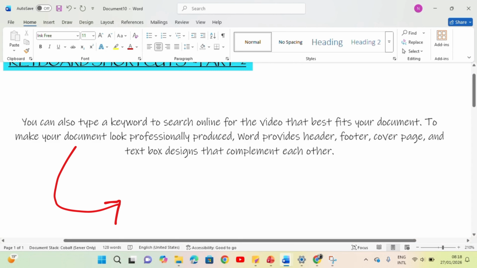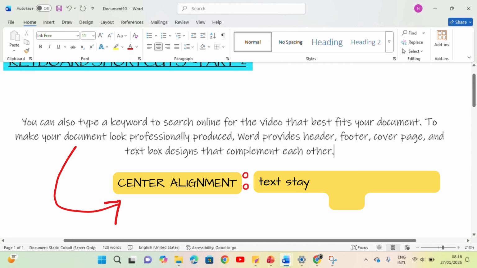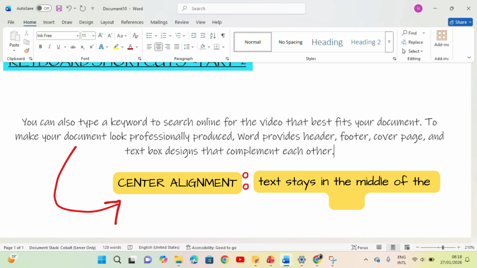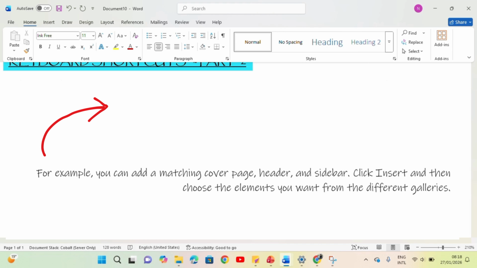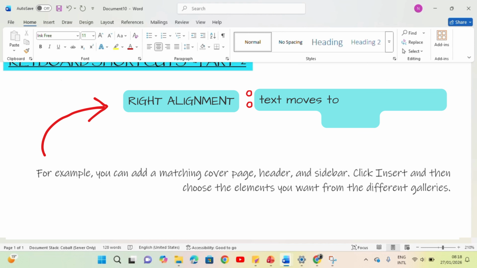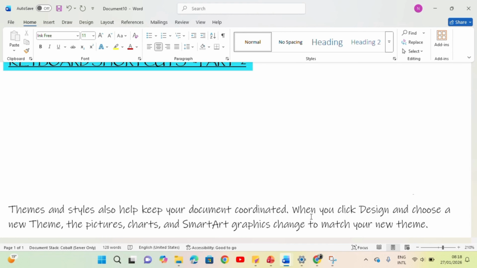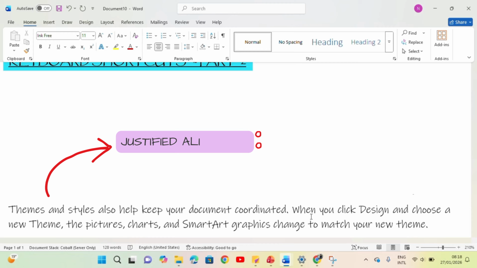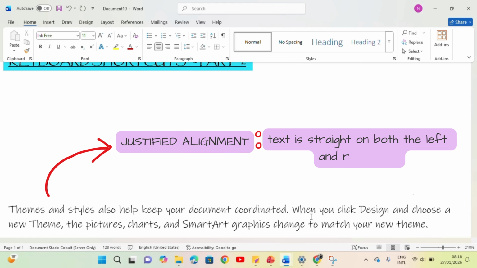In my second paragraph, I have applied center alignment, in which the text stays in the middle of the page and both the sides look uneven. In my third paragraph, I have applied right alignment, in which the text moves to the right side of the page and the left side looks uneven. And in my fourth paragraph, I have applied justified alignment, in which the text is straight on both the left